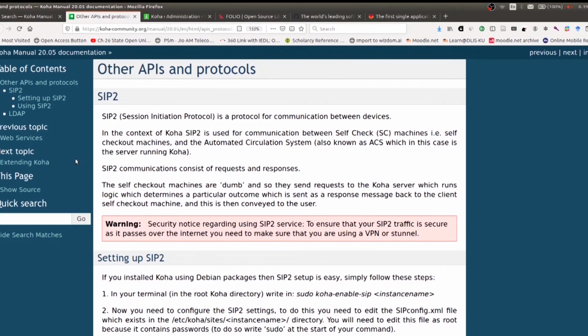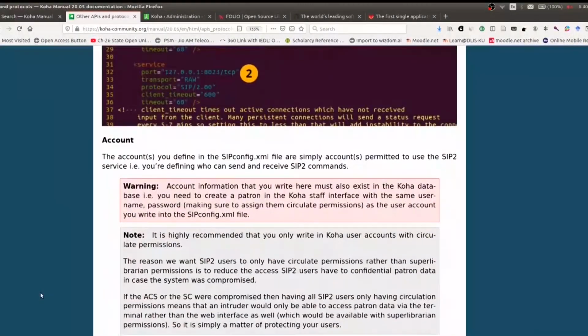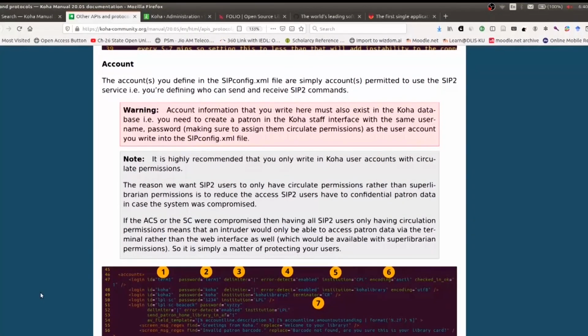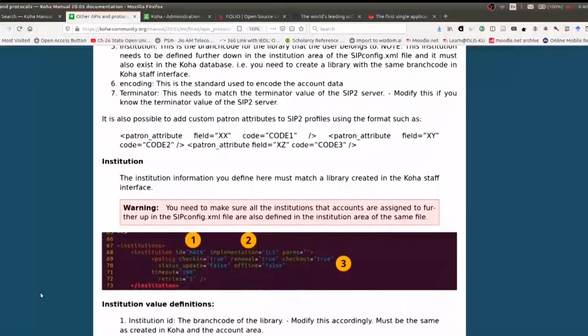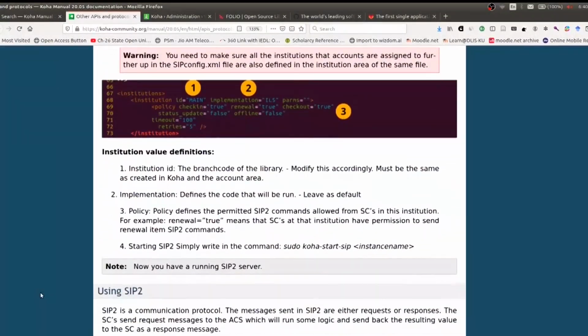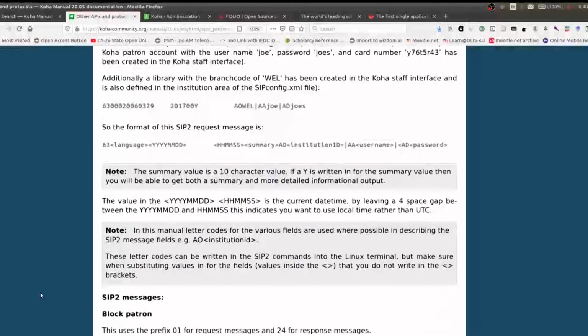Many devices need to connect to Koha in real time. So there is the SIP2 protocol, which is again an open standard, that actually provides the help. Then here you see in the case of accounts, we have EDIFACT. So many of the things are available.